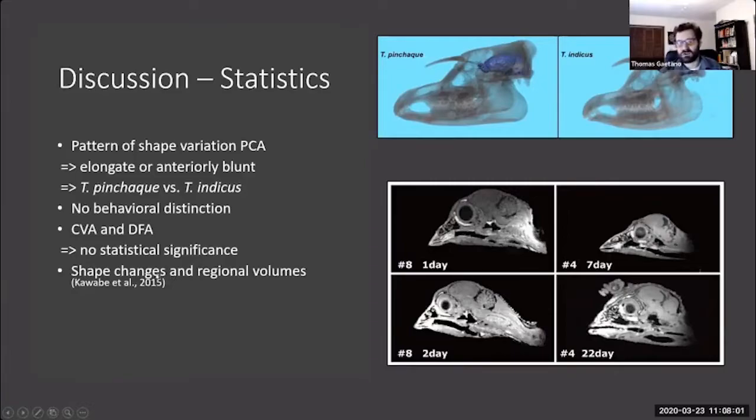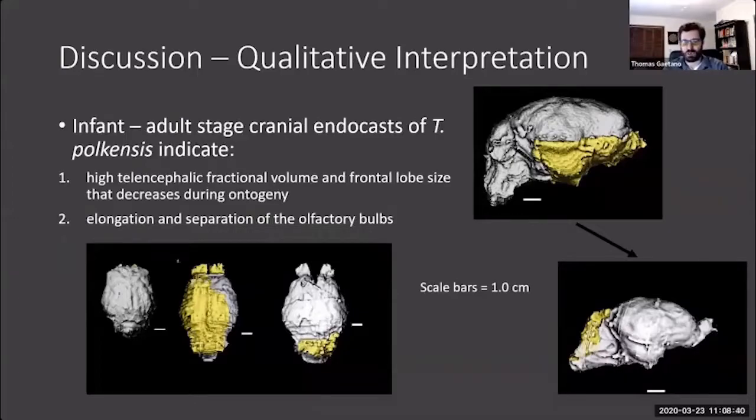And also another thing to consider is that shape changes in a brain throughout ontogeny does not always mean volume changes. So we really should contrast enhance some wet specimen Tapirus crania with the brain still intact, or use an MRI to try to really peer into those subsurface neural tissues. Qualitatively, there are some interesting changes going on. That separation of the olfactory bulbs in the front and the anterior telencephalon, increase in the hindbrain relative volume versus the whole brain volume, and the decrease of the telencephalic regions throughout ontogeny.